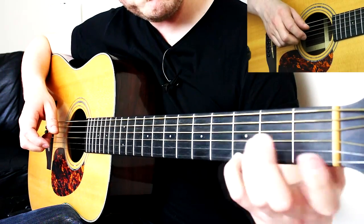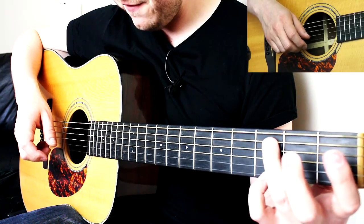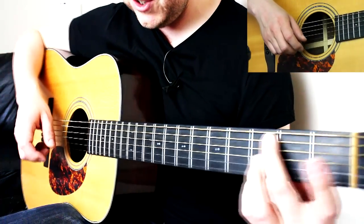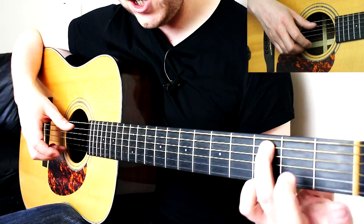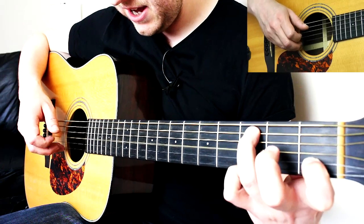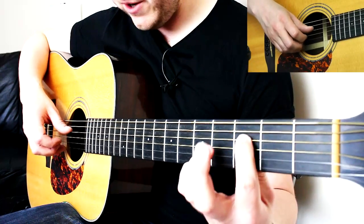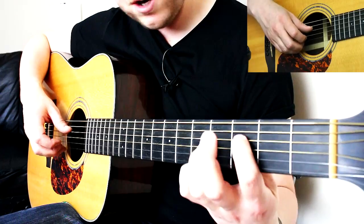Then slide the ring back to the 3rd fret where it was. Bring your ring finger or your middle finger, optional, you can decide, on the 3rd fret on the A string, then index finger on the B string, so that's middle, index, middle. So this is one way of doing it. Or you can go,